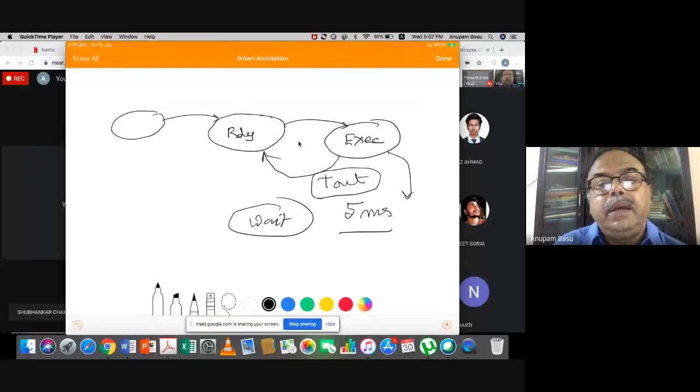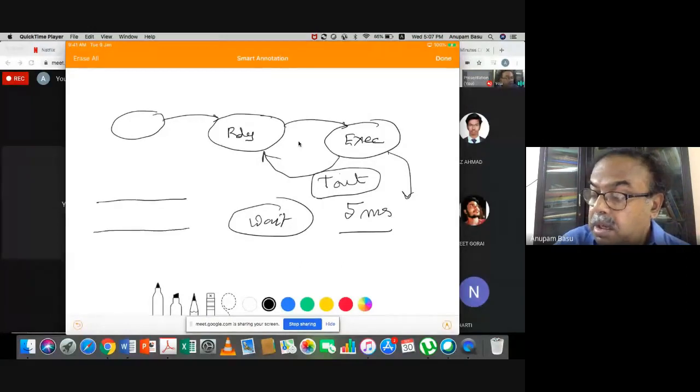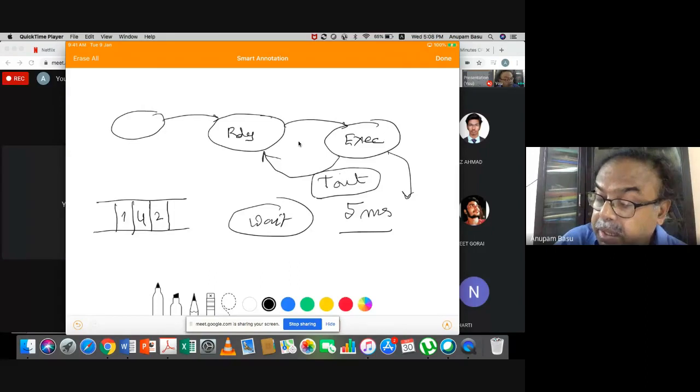All right? It's pushed back to the ready queue. So my ready queue is here, and roll number 1 was at the head of the queue, and roll number 2 was here, 3 was absent, and 4 was here. So 1 went to the CPU and was executing, and then 1 again rejoins this queue here.